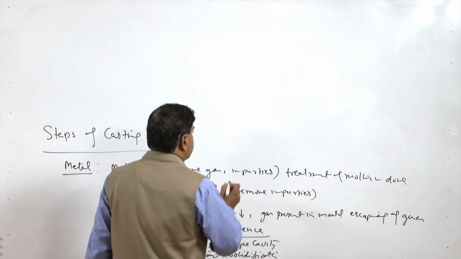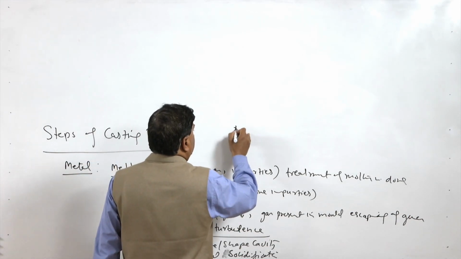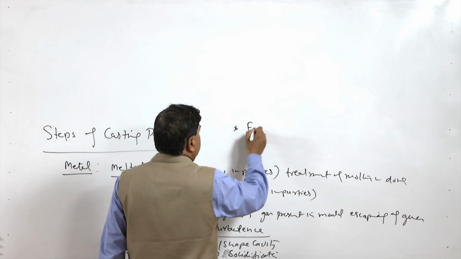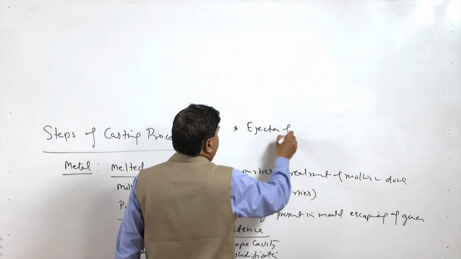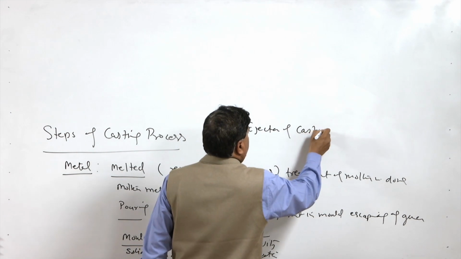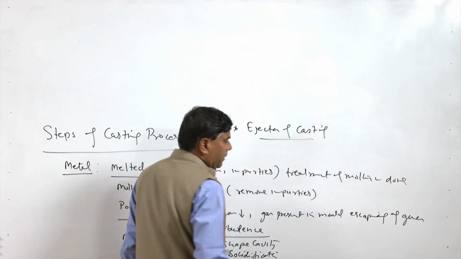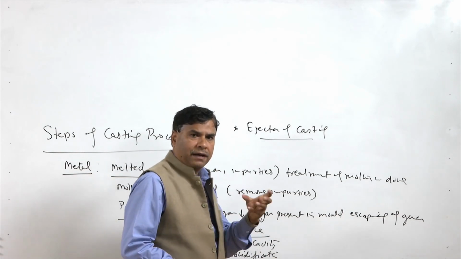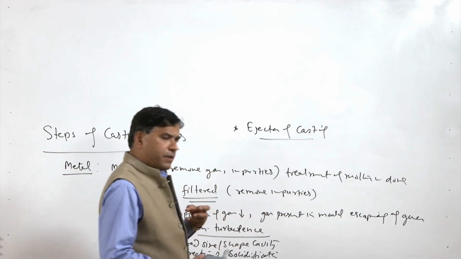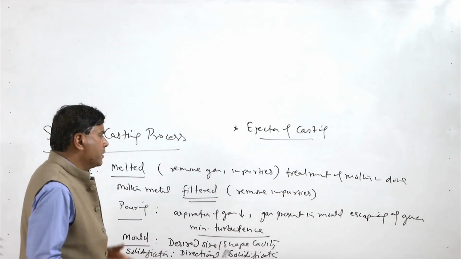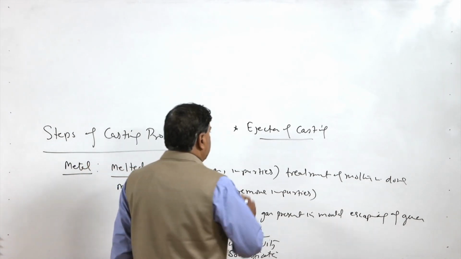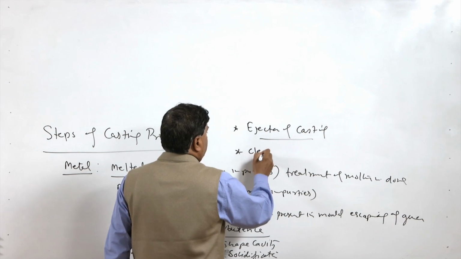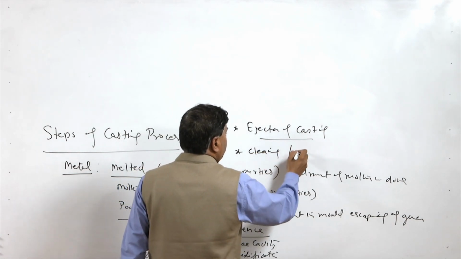Once the solidification is completed, then we go for ejection of the casting, or removal of the casting from the mold. So, depending upon the type of the mold, either ejection may be mechanized or the mold needs to be broken to take out the casting, and after ejection it involves cleaning and